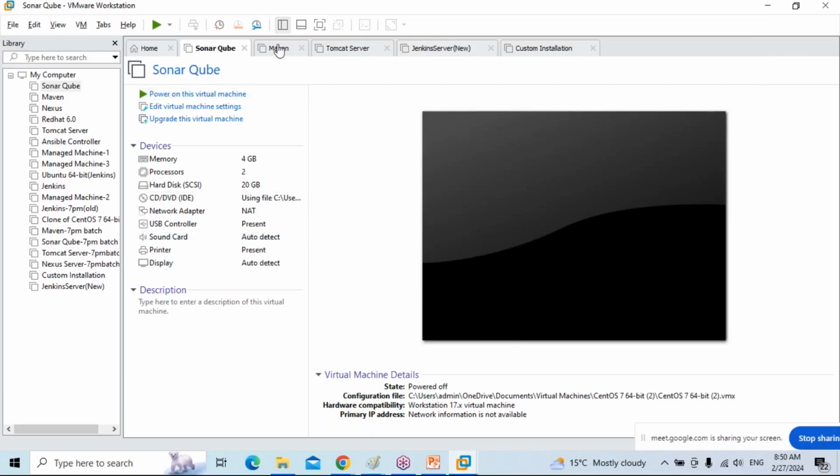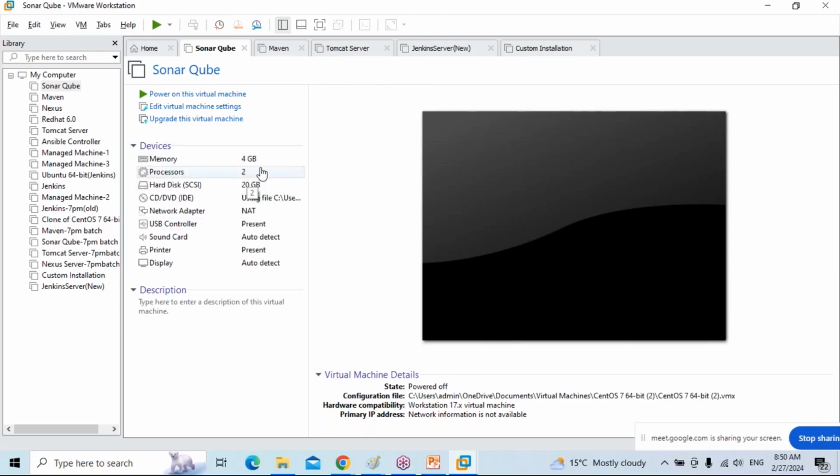So 4 plus 4 plus 4 plus 4, 4 VMs I can turn on, but I can't turn on 5 VMs because my laptop RAM is only 16 GB. How many VMs I can create is based on your RAM and processor.